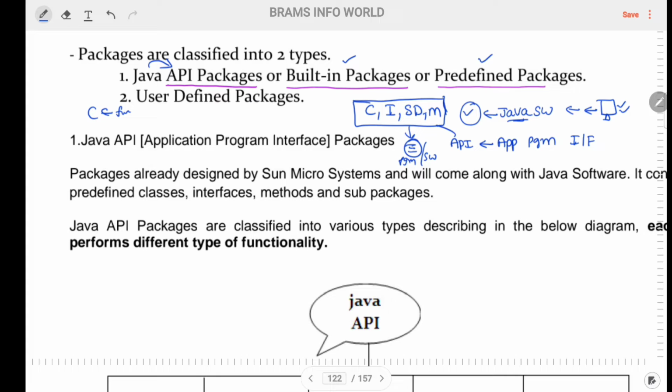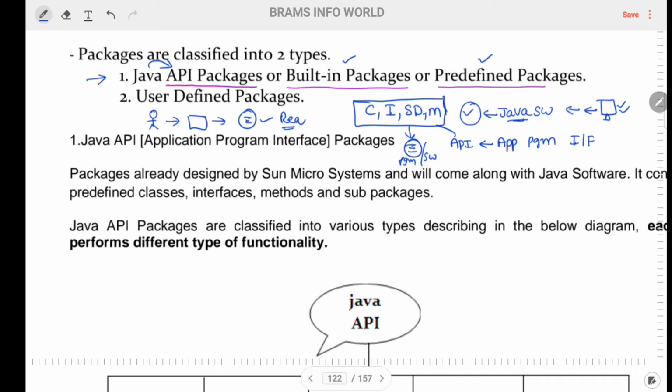And the second one is the user-defined package. What is the meaning of user-defined package? You are a programmer, and you create your own package as per your requirement. So there are two classifications.